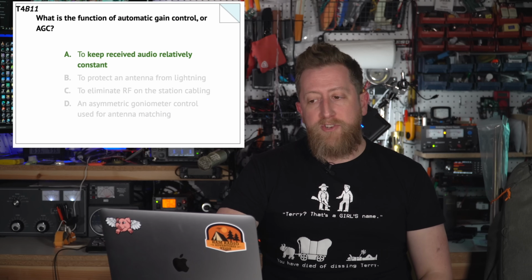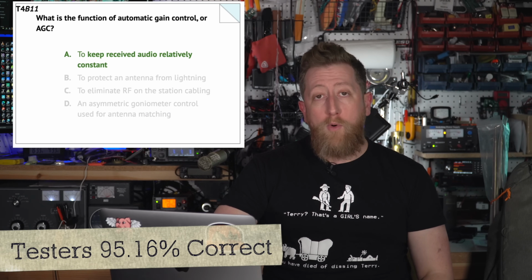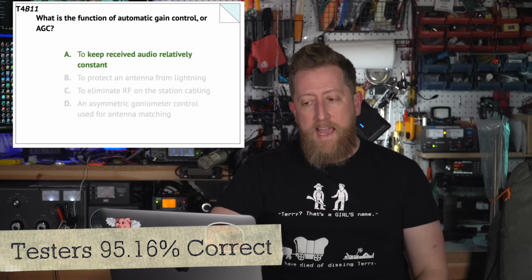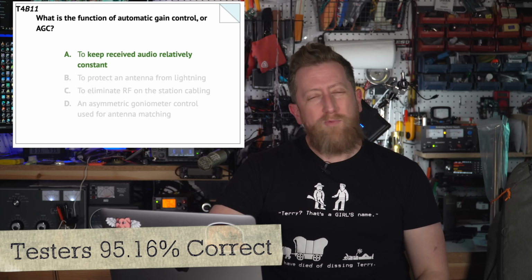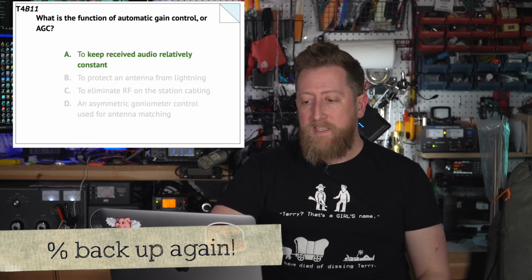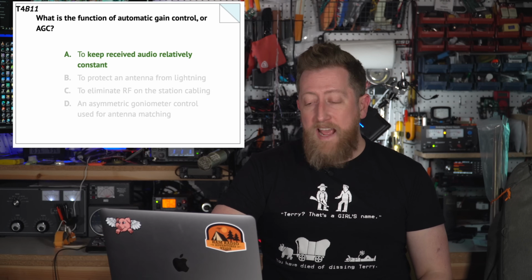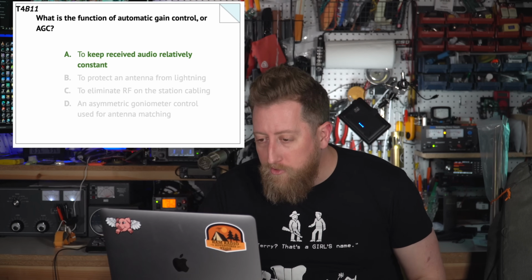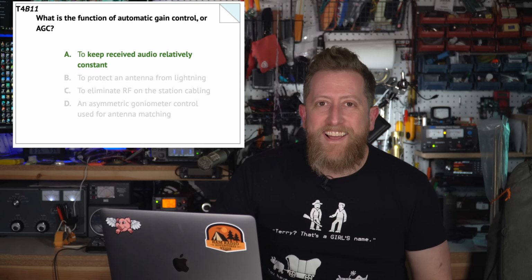T4B11, what is the function of automatic gain control, or AGC? A. To keep received audio relatively constant. B. To protect an antenna from lightning. C. To eliminate RF on the station's cabling. D. An asynchronous